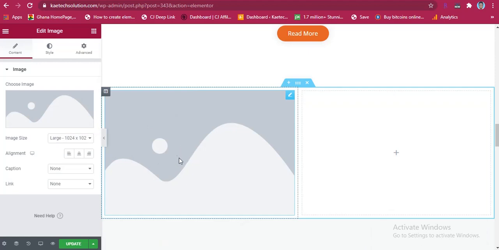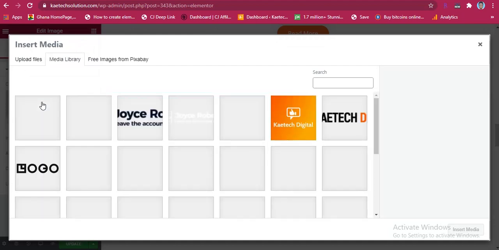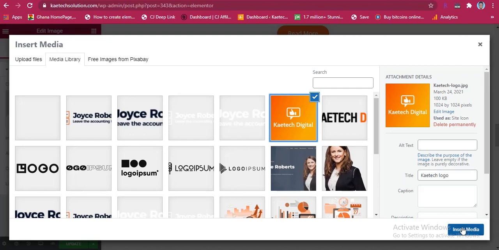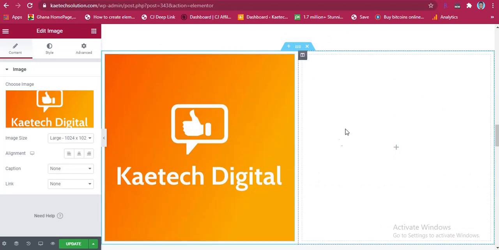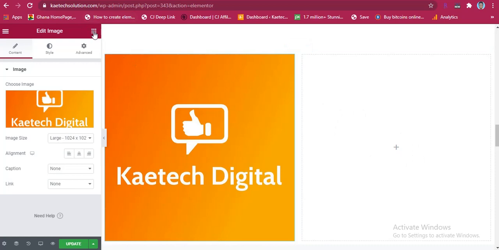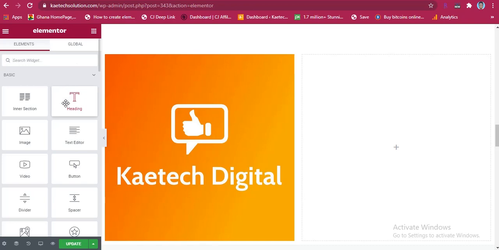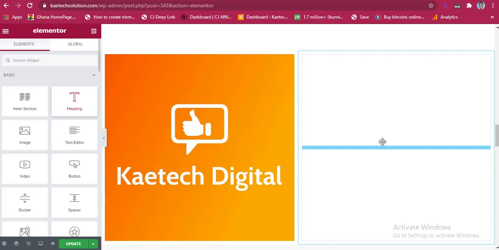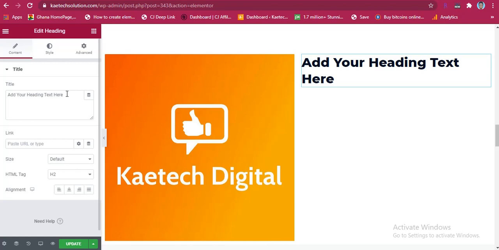And then what I have to do is just click on the image over here, and then select the kind of image that I want. So let's say I want to select this one, okay, so I'll just select it, and then it will come over here. Now if I want to maybe write something over here, all I have to do is the same way, click on the 9 dots over here, and then maybe I want to write something, maybe give a heading. I want to give a heading. Now what I want to write, maybe I want to write